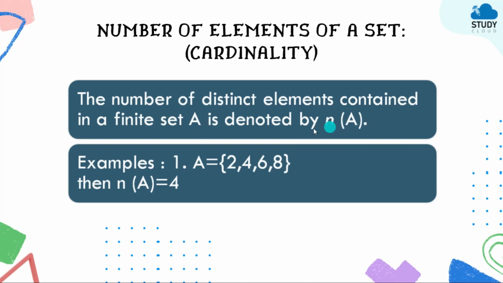By n(A). For example, if in A there are certain even numbers like 2, 4, 6, 8, as you can count, 1, 2, 3, 4, so just write the number of elements in A is 4. Just count the numbers that will come here, a simple part. Remember something, that the number of elements in the empty set is 0. Empty set means there are no elements in a particular set. So this particular part is known as the cardinality of set A.